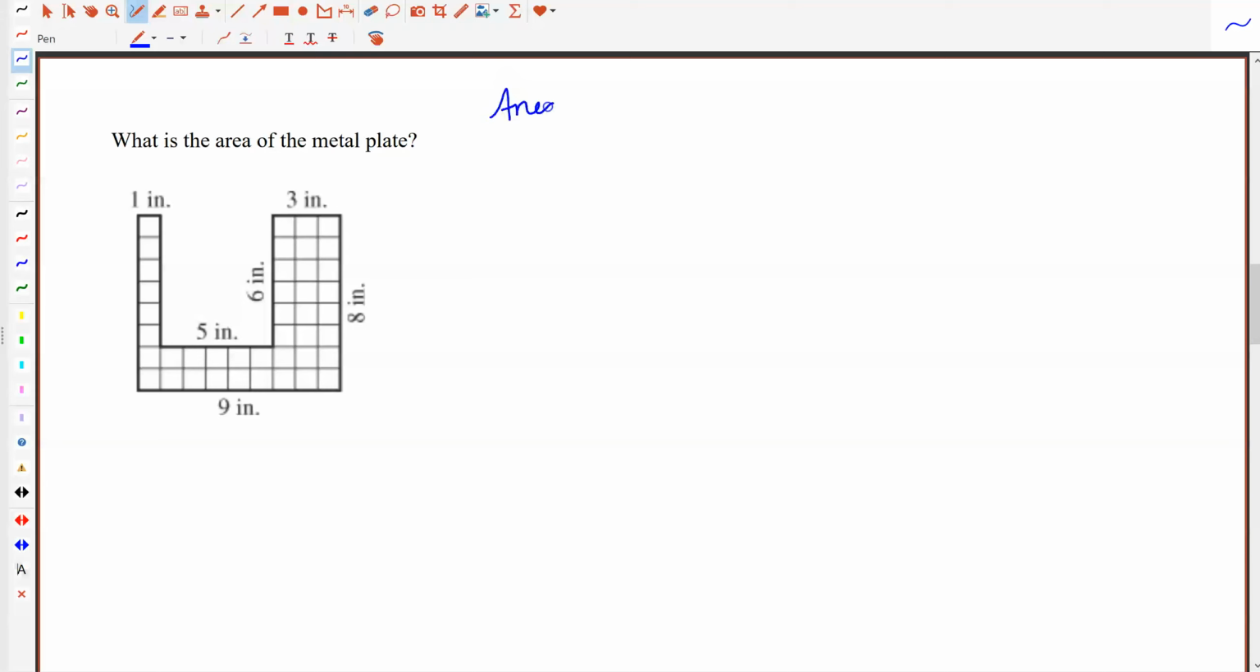So if we want to find the area of a rectangle, its formula would be to multiply the length times the width of the rectangle, but to see why, if I have a rectangle that is 4 inches by 2 inches,